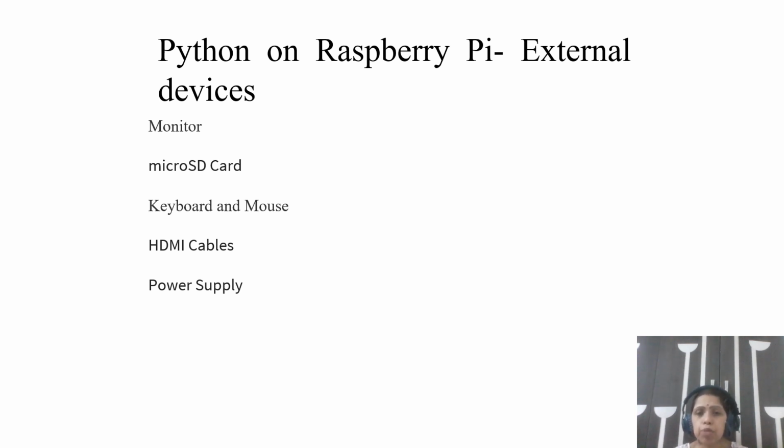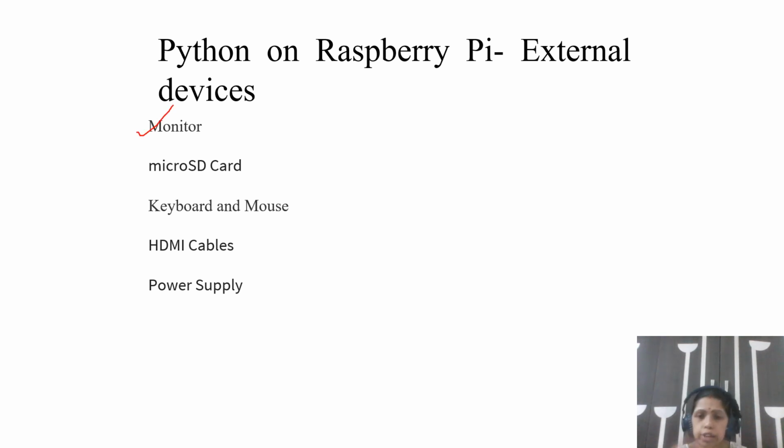Apart from the Raspberry Pi kit, we will need some other external devices. When I discussed the pin configuration of the Raspberry Pi, I already told you that there are some ports. Through these ports, we can connect various external devices. Here are some external devices which are required if you want to build the IoT protocol. Okay, so first is the